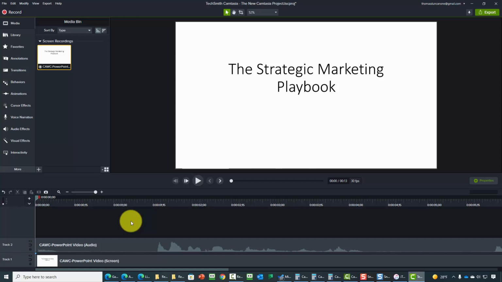Welcome back. Now there are some basic timeline elements that you'll want to understand as you start the editing process. What you're going to notice at this very top measurement band are time increments. And depending on how zoomed in to the file you are, you're going to see different levels at the time